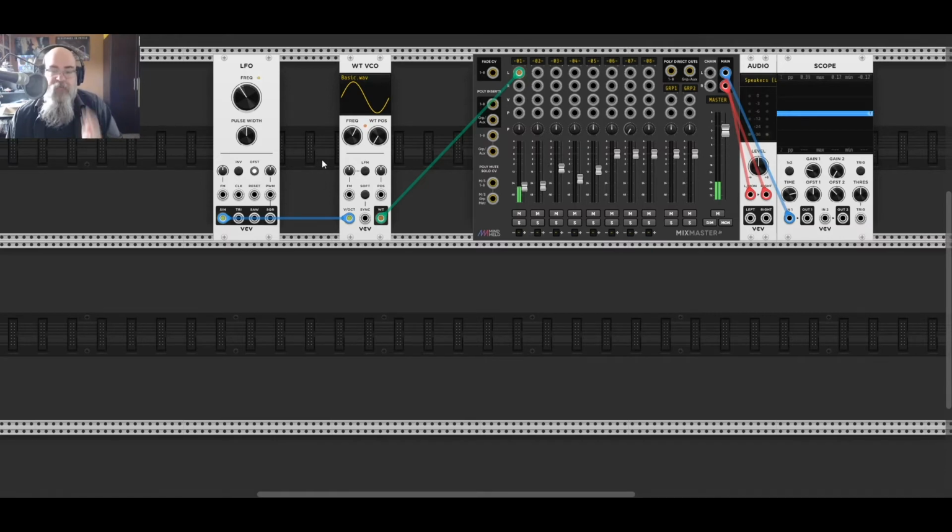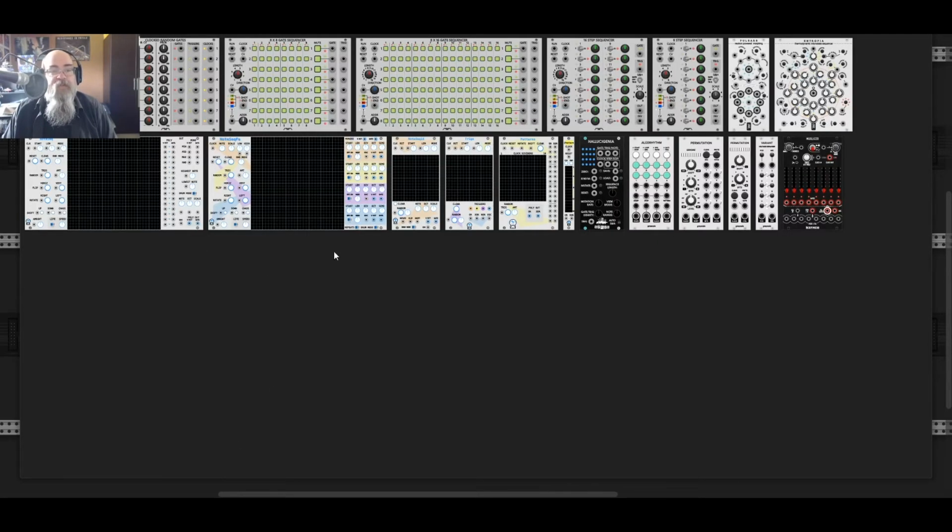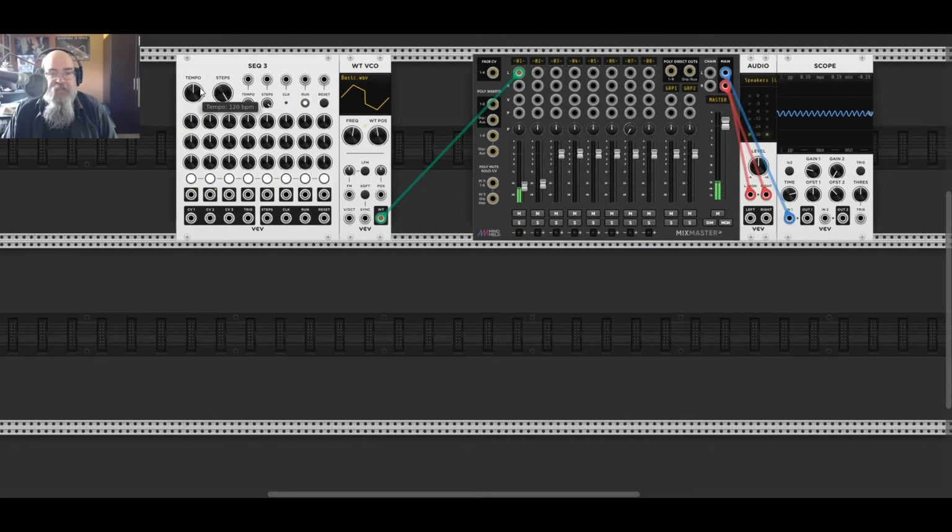If we want to take that further, then we need something a bit more complicated. Let's have a look at the sequencer. Now with this you'll see it has a tempo that's currently running at 120 beats per minute, as shown by that light. And you can see a little light following each of these outputs. But if we take the voltage output of this and bring it into our tone,